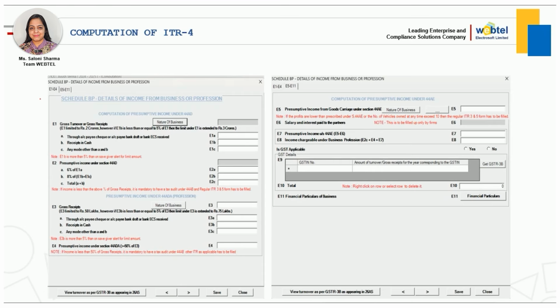And this is the computation of ITR 4 in the WebbyTax software, showing how you can calculate your presumptive income under Sections 44AD, 44ADA and 44AE.